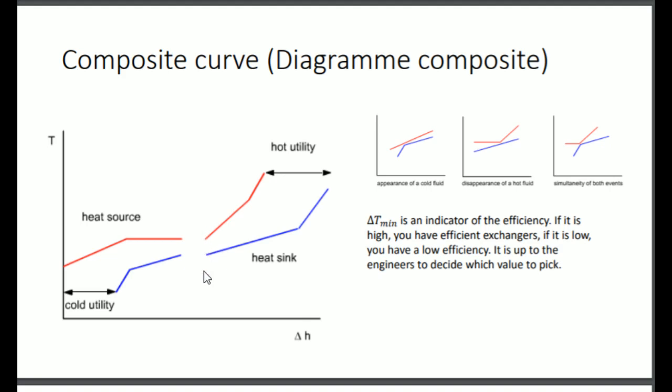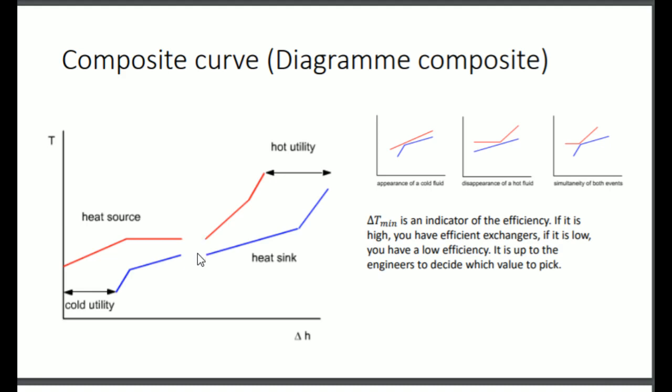And delta T min is a correction to the hypothesis we did earlier, because here with delta T min equal to 5, when we shifted by plus or minus delta T min over 2, the hot, we put it halfway downward, and the cold, we put it halfway upward. So it touched when we did the shift.